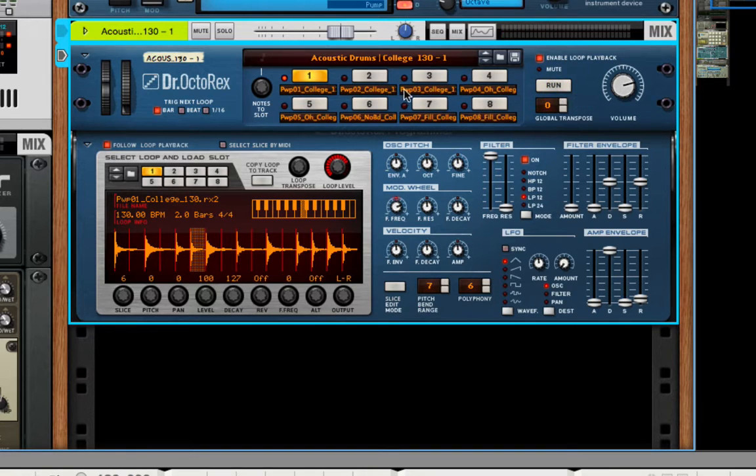And what you'll do is load into these slots, and you can see it down here, select loop and load slot. Each one of these is a slot, and there are different patterns or different sliced loops that go in here, so you can cycle between them. When you toggle between them, it toggles based upon the grid, so it'll do it at the downbeat. So as I switch,